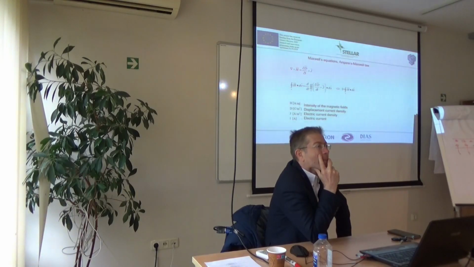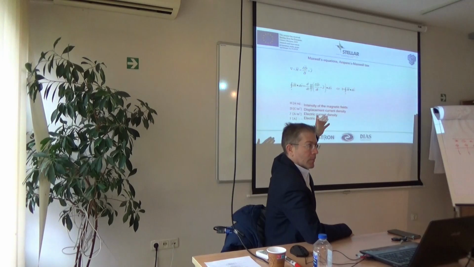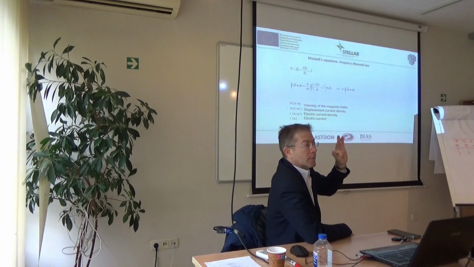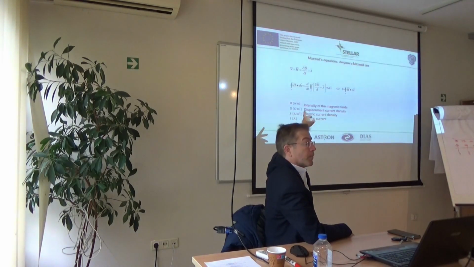The second one... So they're pretty much the same, but the first one is applicable for one single point, which means differential form of the equation, and the second one